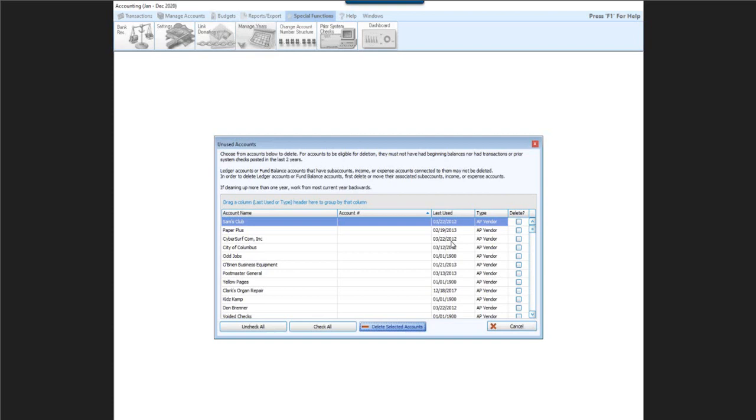Whether you're using the Church Windows desktop version or the cloud version of Church Windows, if you're unsure if you want to do this, just go in and make a quick backup of the data before you do it. Then you can go back and restore your backup if, an hour later after you've done it, you realize you regret your choice and you made a mistake and you didn't want to do that. You can go back in and restore your data. Okay? So again, if you're unsure, back up your Church Windows database. Okay?